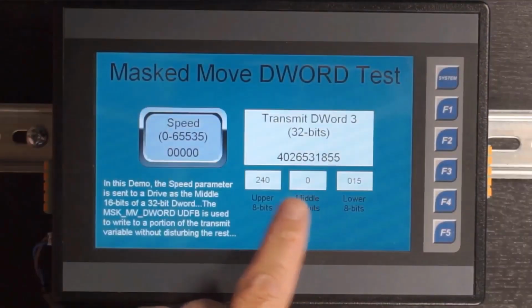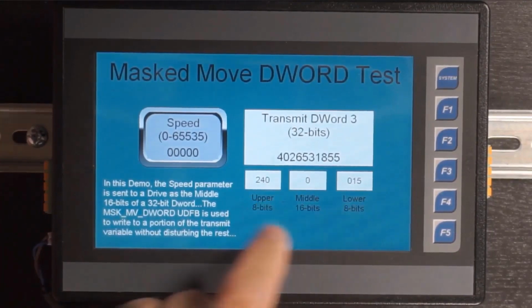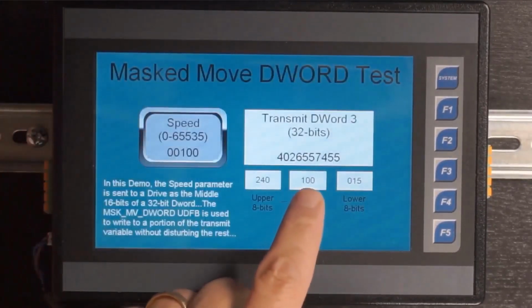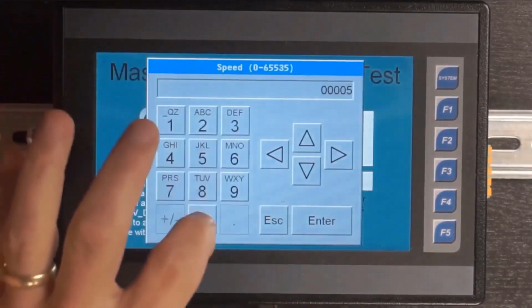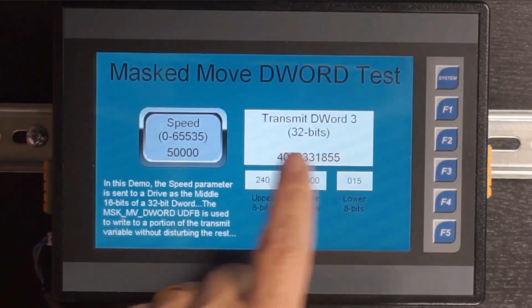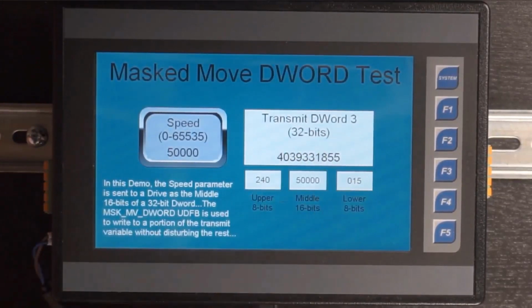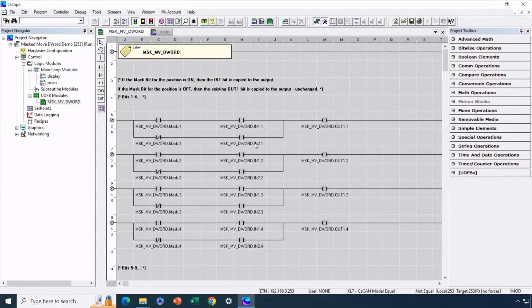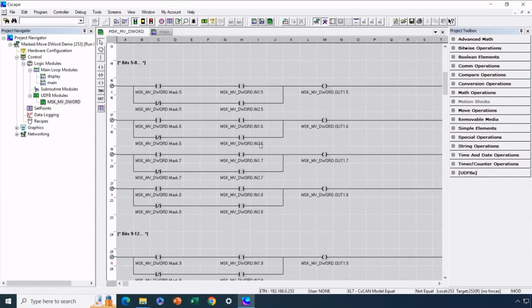The desired value, speed, remains in the middle, while the bit patterns for the top and bottom 8 bits are fixed to ensure they remain unchanged. As we adjust the speed, no changes occur at either end. Even when we push the value up to 50,000, the top and bottom bits remain unchanged. It works well and is also simple to use. Now, before we conclude, we'll take a closer look at the logic inside this function block. While the first 16 bits follow the same pattern as before, we need to employ a clever technique for the